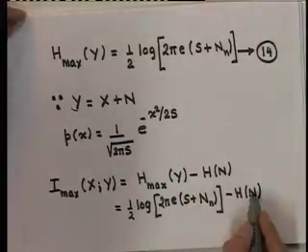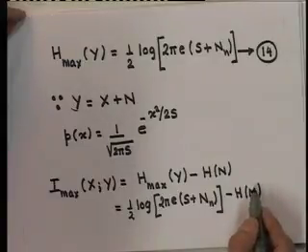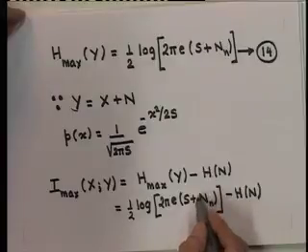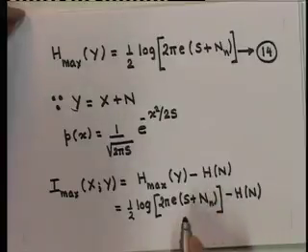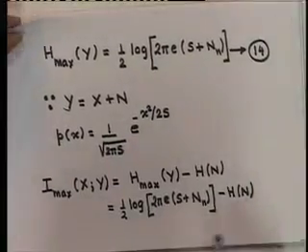Now, for a white Gaussian noise with mean square value of n subscript n, the entropy of the noise is given by